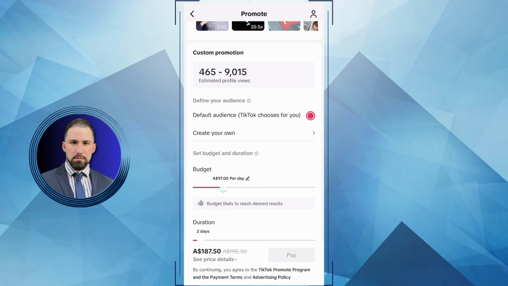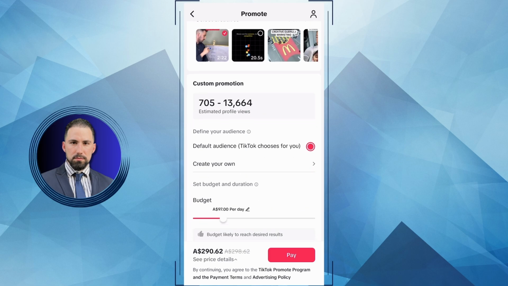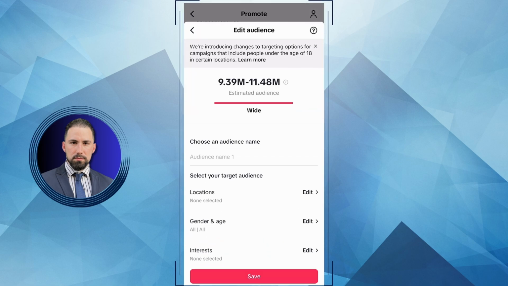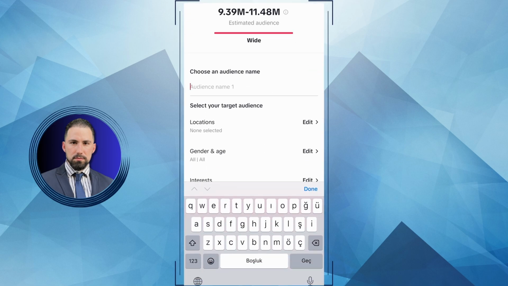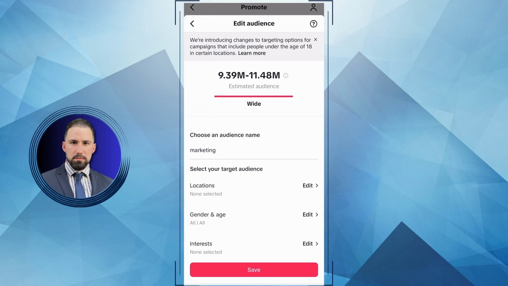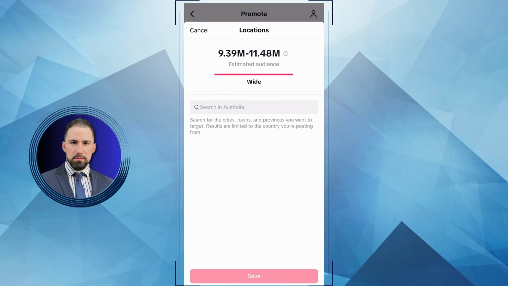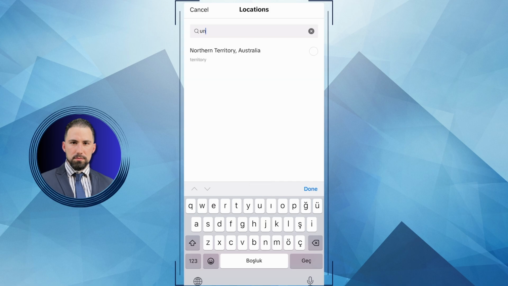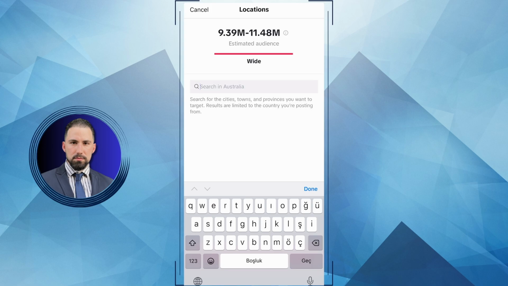Again, set your data. And once you customize this, guys, you have the ability to choose a targeting. You can name your audience, let's say marketing related audience, and you can select your location. The thing with this, guys, for locations, you cannot target other countries, especially the United States. If I want to type in United States, it doesn't allow me. So if you want to target different countries, you definitely do it in Ads Manager. This has a few restrictions or downsides, I would say, for boosting this post.